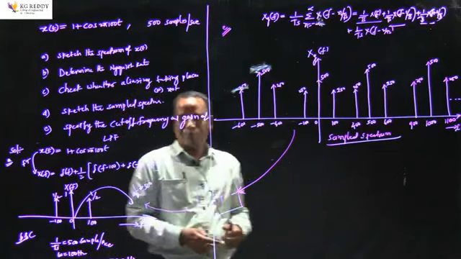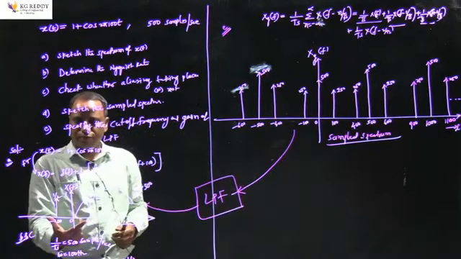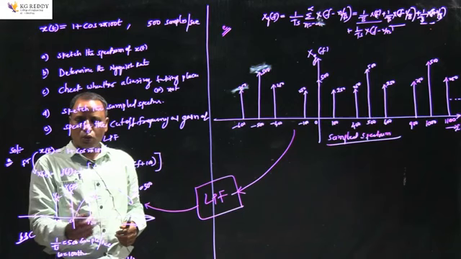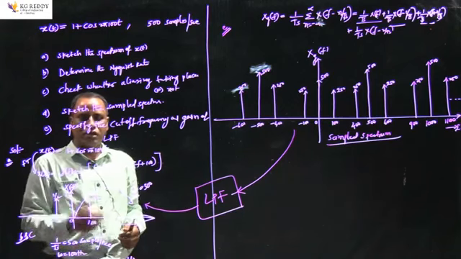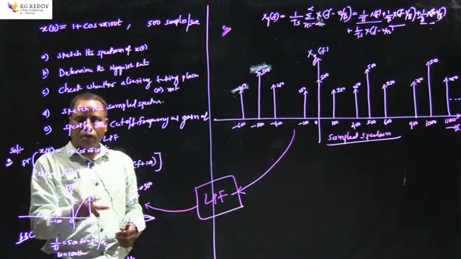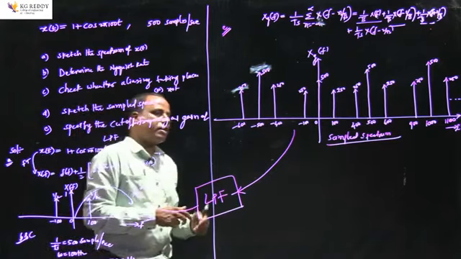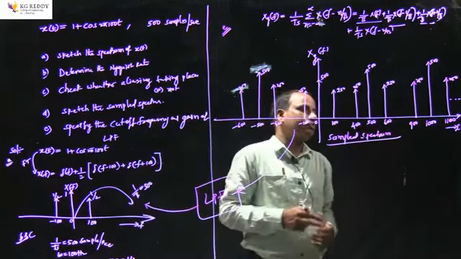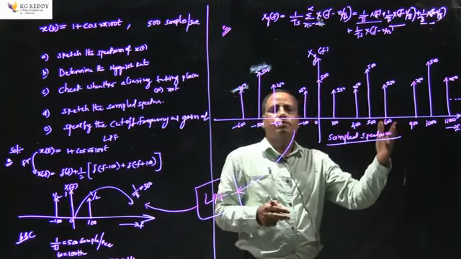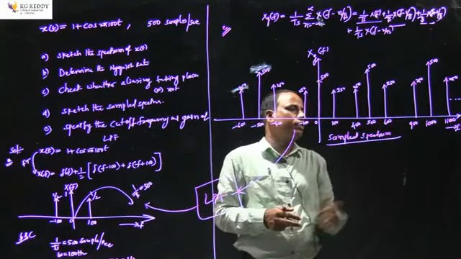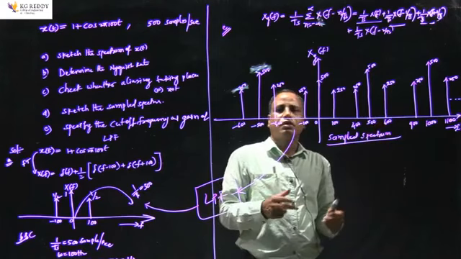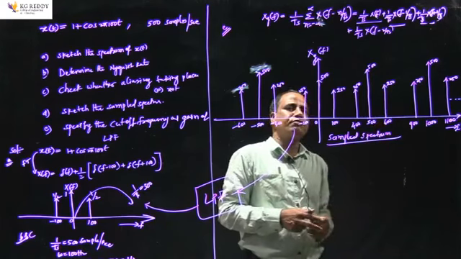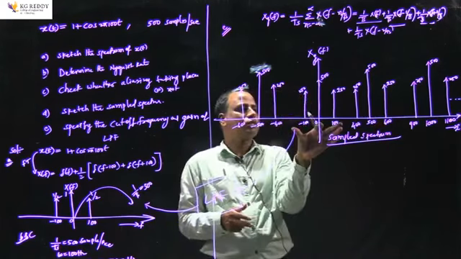Now if you look at the original spectrum, we have three components, one at 0, second at 100 and third at minus 100, with amplitudes of 1, 1 by 2, 1 by 2 at minus 100 and plus 100 respectively. Whereas here in the sample spectrum you have an infinite number of samples to the negative frequency and to the positive frequency, and we require only this portion of the signal.